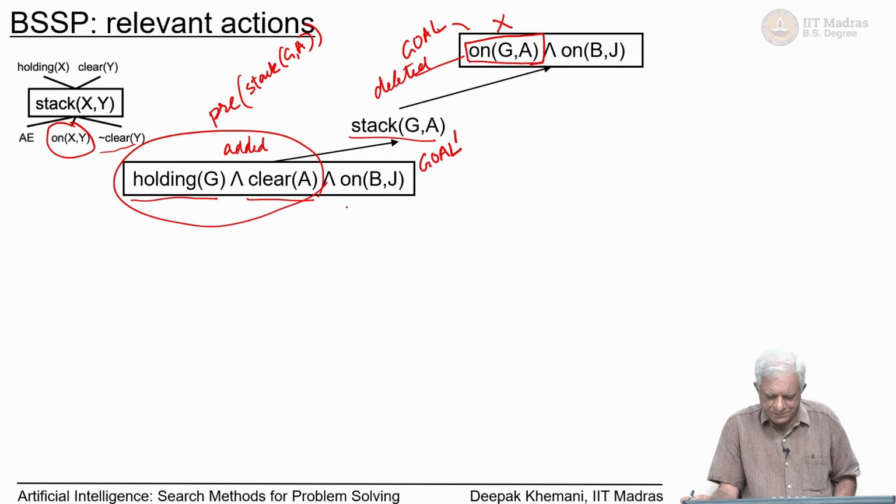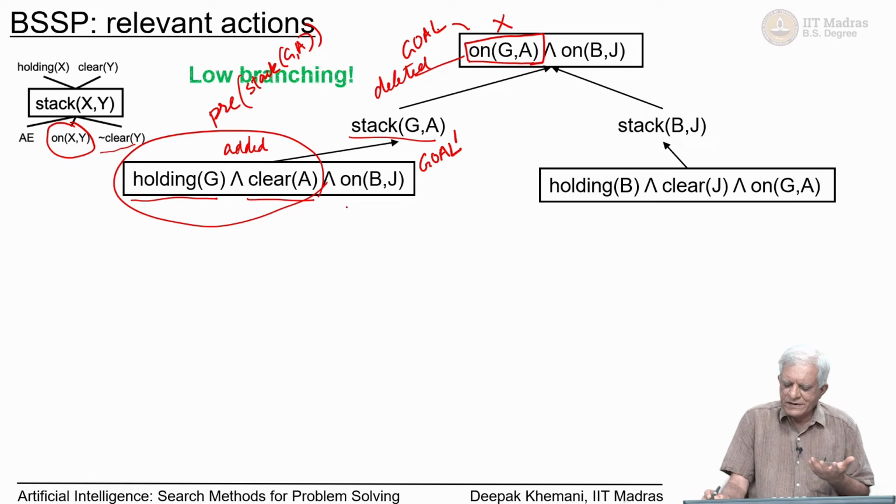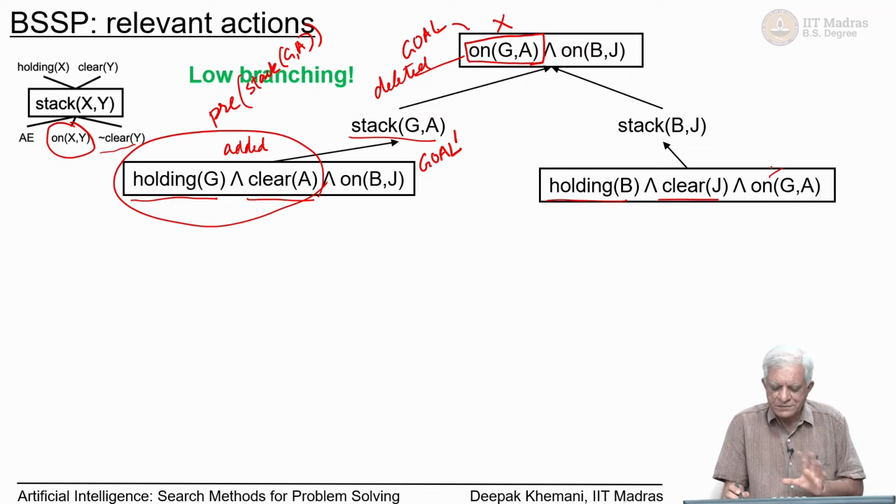Okay, so that is one thing. What would be the next stage? The other action is that you could have stacked B onto J, and it has a similar condition, as you can see that the preconditions for stack B on J are holding B and clear J, and you have added that to the goal prime, and you have deleted on B J, but you have left on G A to be true. So, the other goal carries forward